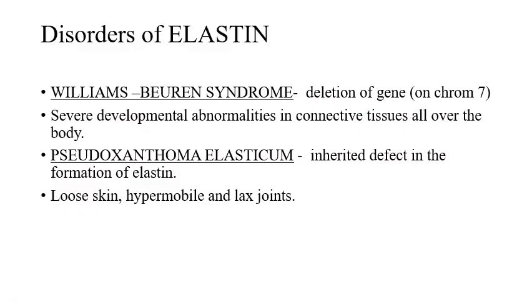Disorders related to elastin include Williams-Beuren syndrome, because of the deletion of a gene which is present on chromosome 7. Here the patient will present with different severe developmental abnormalities in connective tissues almost all over the body. The second one is pseudoxanthoma elasticum. This is again an inherited defect in the formation of elastin, and the patient will have loose skin, hypermobile and lax